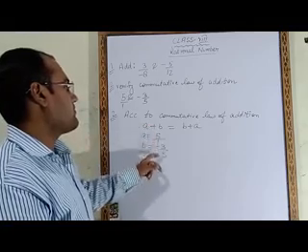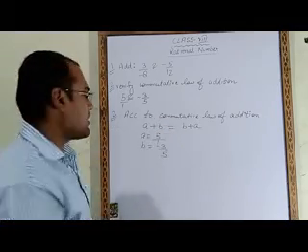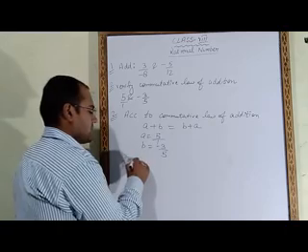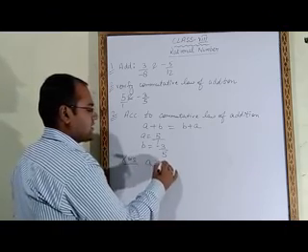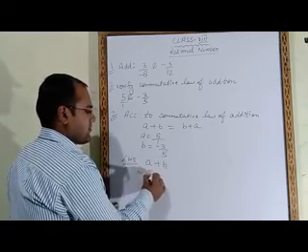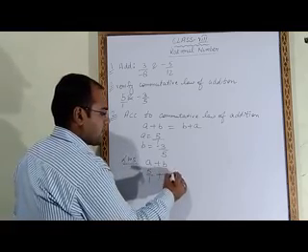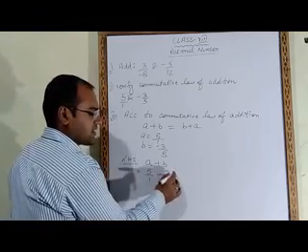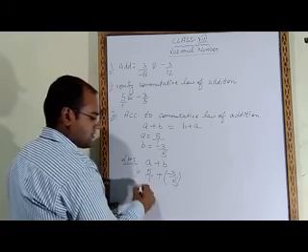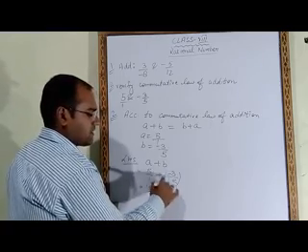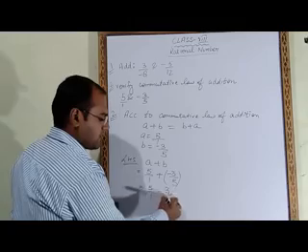Now we will solve this commutative law. What is the left hand side? The left hand side is A plus B. That means 5 upon 1 plus minus 3 upon 5. Two signs are coming together, so we have to use a bracket here: 5 upon 1 plus minus 3 upon 5.